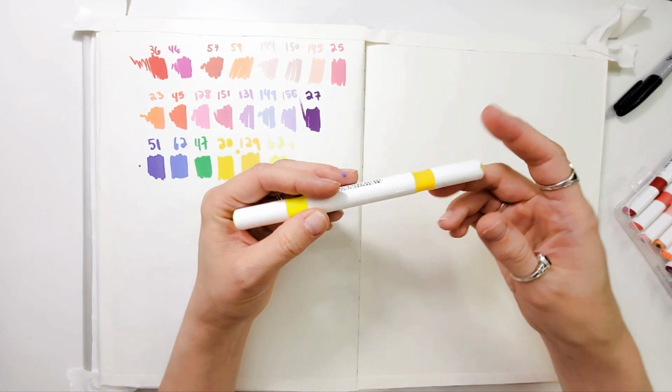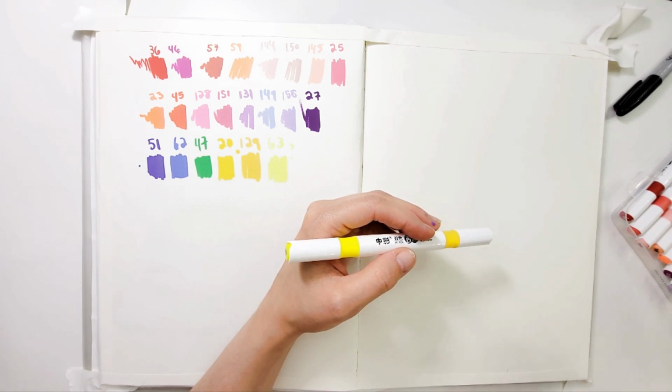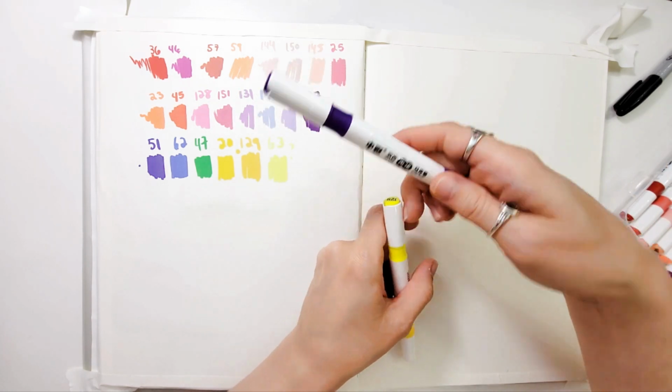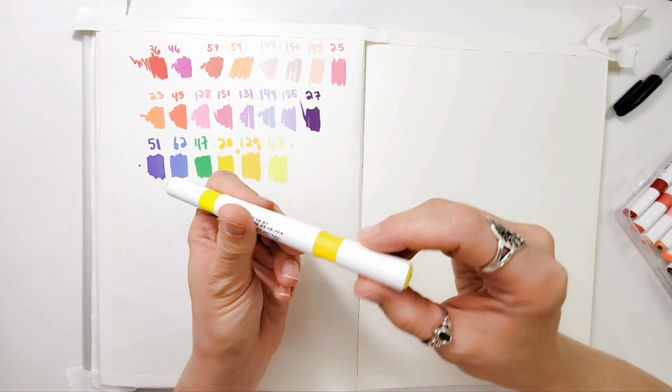Something that I just noticed is that for some of these, the barrel doesn't really match the paint that well. For instance, number 51, look how dark this cap and this barrel is, and that's number 51. However, this one I discovered